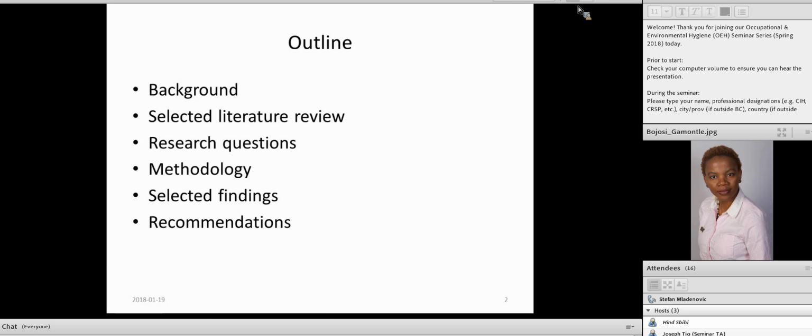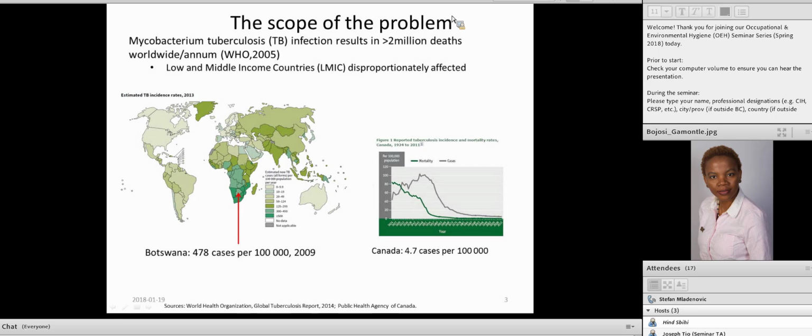All right, so just to give you a heads up, I'll be going through the background, some selected literature review, research questions, methodology, some findings because we can't cover everything today, and some of the recommendations that came from our study. All right, so to begin, let's look at the scope of TB